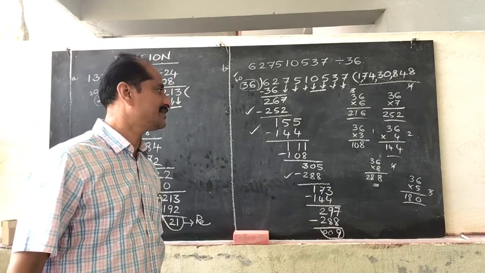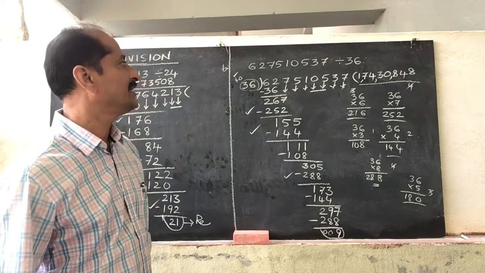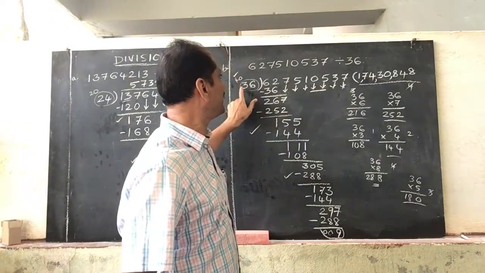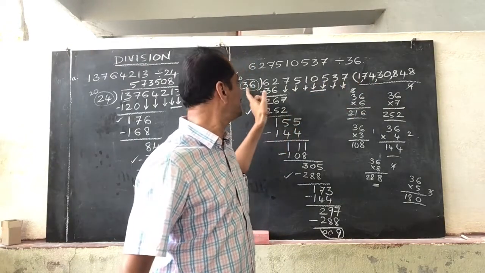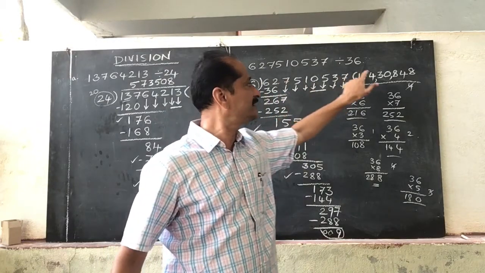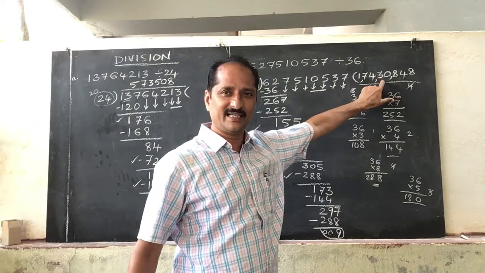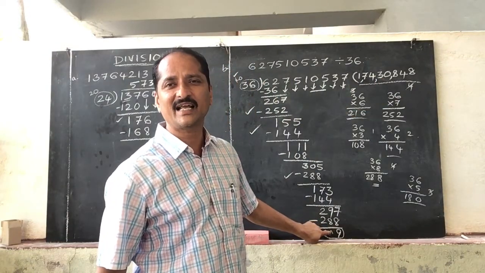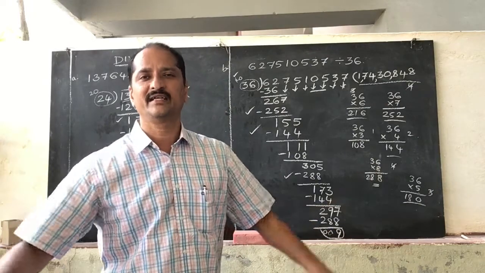So this is division. Check also. What is the check for this? Multiply the quotient with the divisor. How many 36s make this? This many 36s make this much. So multiply this into this: quotient into divisor, plus this 9 we have to add to it. What is this 9? The remainder. If you add 9 to that number, you will get the dividend.